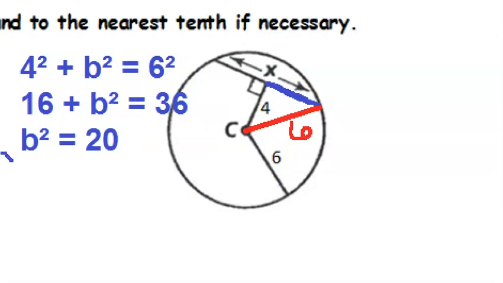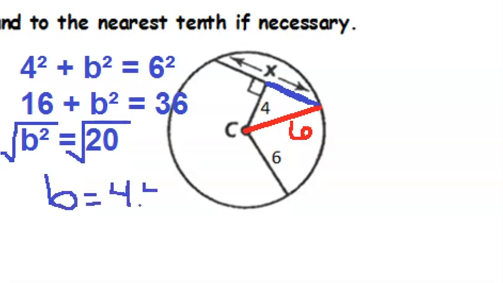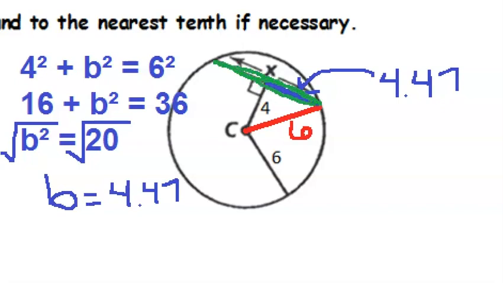Okay. Now, don't just write down that number. You know, B is 4.47, but that's not what they asked you for. They said solve for X. So if we know that this is 4.47, we have to go back to that rule that we talked about before. The chord was bisected. So this green part was bisected. It was broken up into 2 pieces,